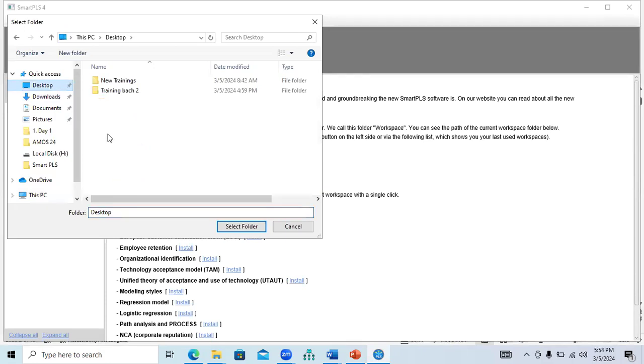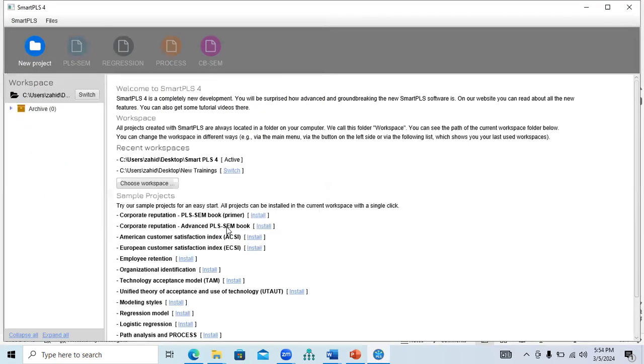Click on here. After clicking, you need to create an empty folder. Let's suppose this is my empty folder. You need to click it, select the folder, and here it is. So it will appear over here. After doing this, when you have created your empty folder as a workspace, you will see this option will be